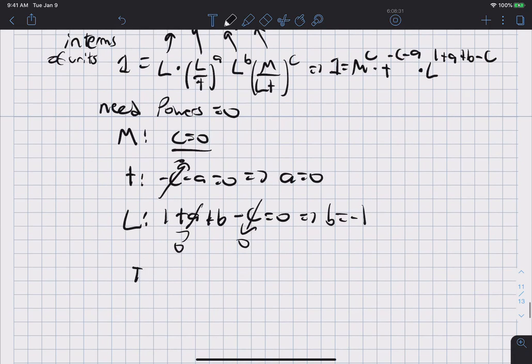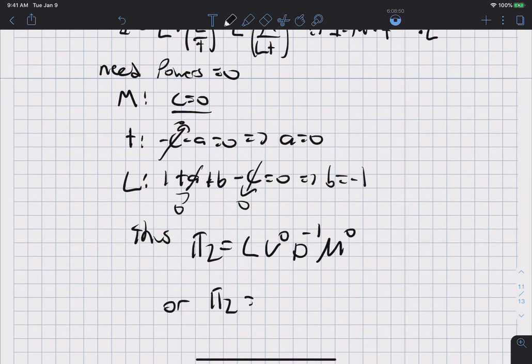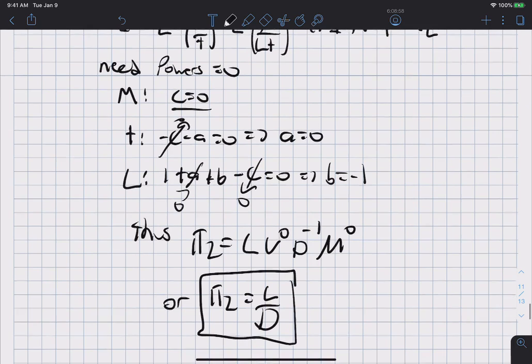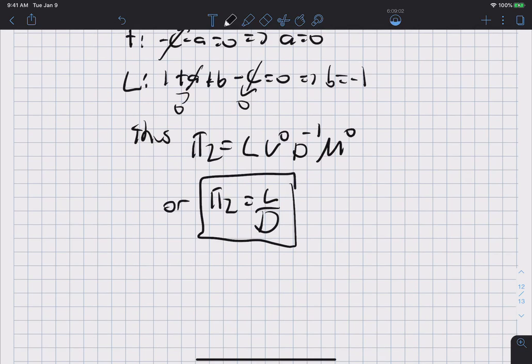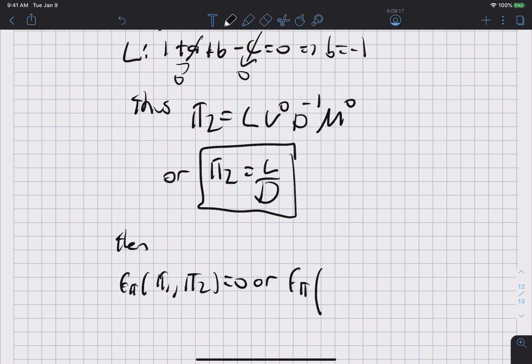So, thus, pi 2 is equal to L, or the distance between the two pressure taps, V raised to the 0 power, D raised to the minus 1, mu raised to the 0 power, or pi 2 equals L over D. Okay. Now we know both pi groups, which is all of them in this problem. Then we have f of pi 1, pi 2 is equal to 0, or f of delta p times d divided by mu v, and L over d